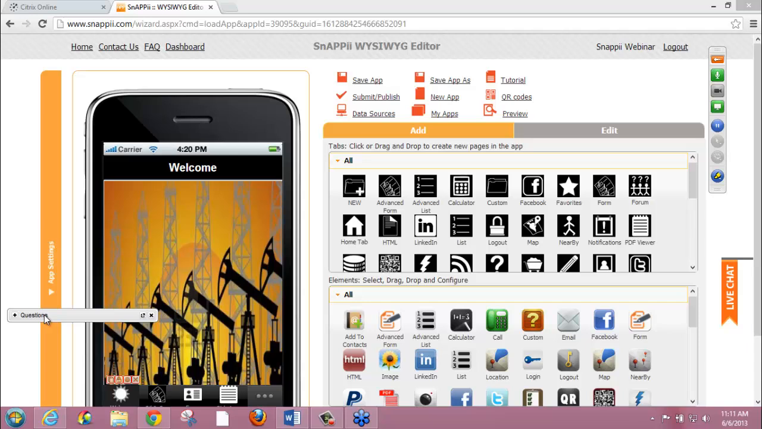So today we are going to be talking about complex data forms, how to implement them